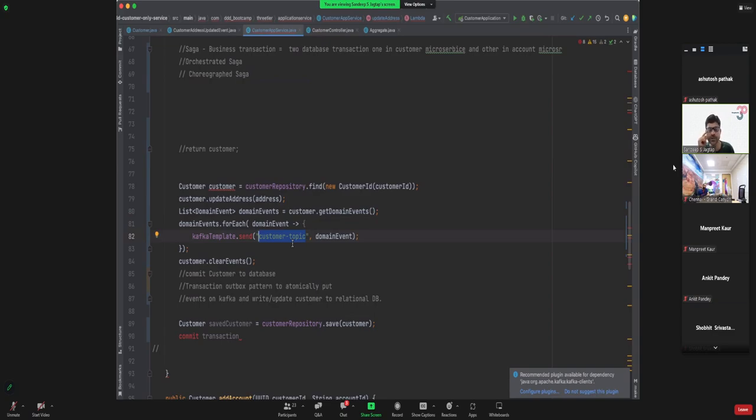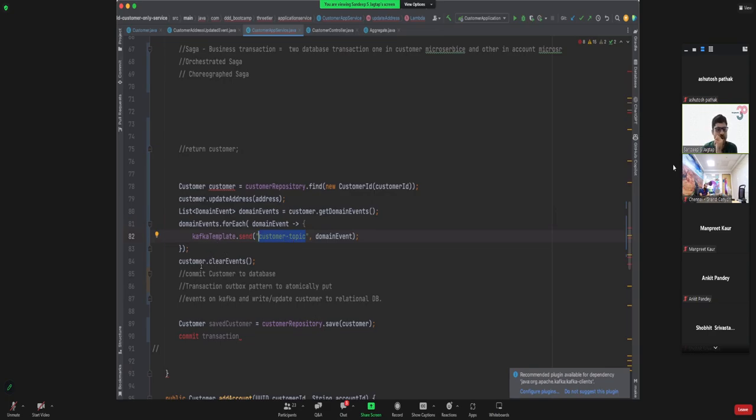Because you don't want, for example, a cart checkout event to come first and then a cart item added event for cart ID 1. You don't want that, right? To do that, you have to use cart ID as the key of the event. So events are keyed by domain events. When you put them on Kafka, key them by your primary key.